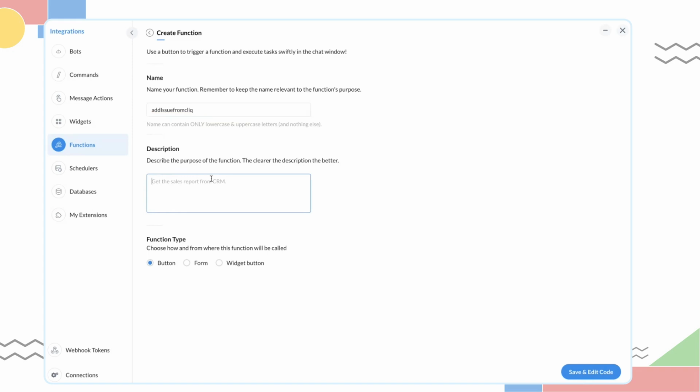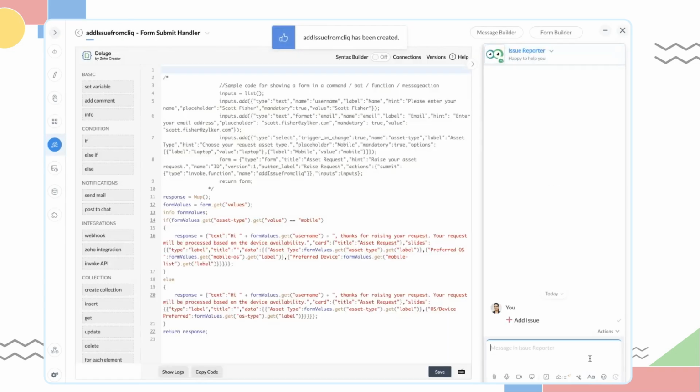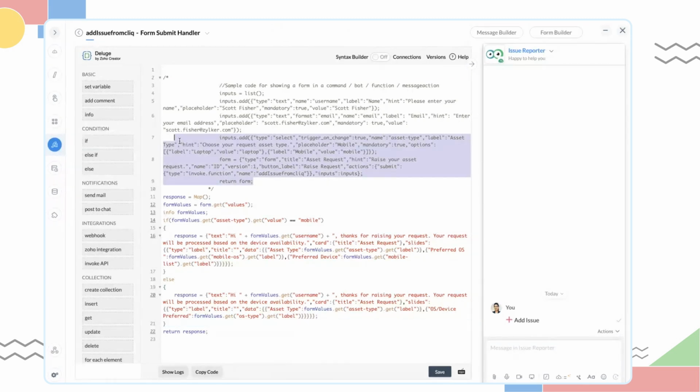You can add a description to make sure it looks unique because you might create a lot of functions with your integration. Say, to obtain responses from the Cliq. The function type that you need to provide is form. So you'll have a default code. So you can remove the default code and